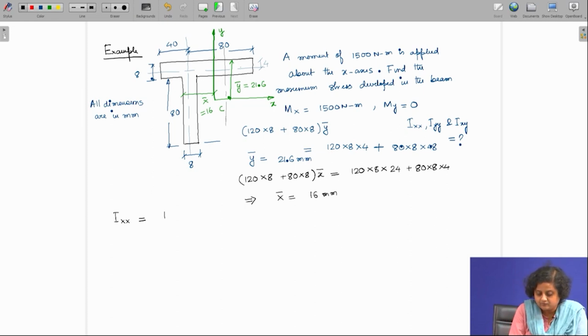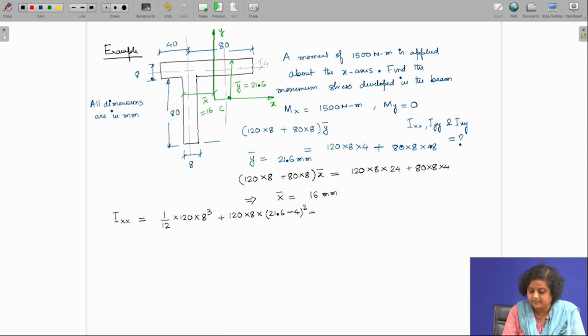So, we will have 1/12 into 120 into 8 cube plus 120 into 8 into 21.6 minus 4 whole square plus, for the vertical portion we have 1/12